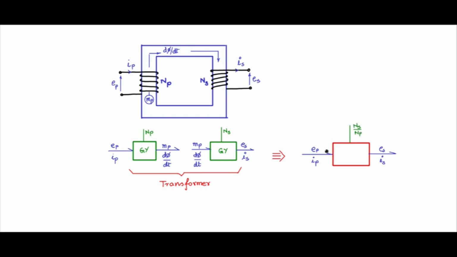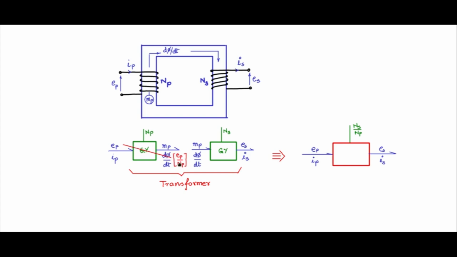How does this come about? Let us take an example, the relationship of EP and ES. Now let us say EP, when it passes through the gyrator, it relates to the kinetic variable in the secondary of this gyrator. So this is equal to EP by NP, because we know EP is equal to NP dφ/dt,